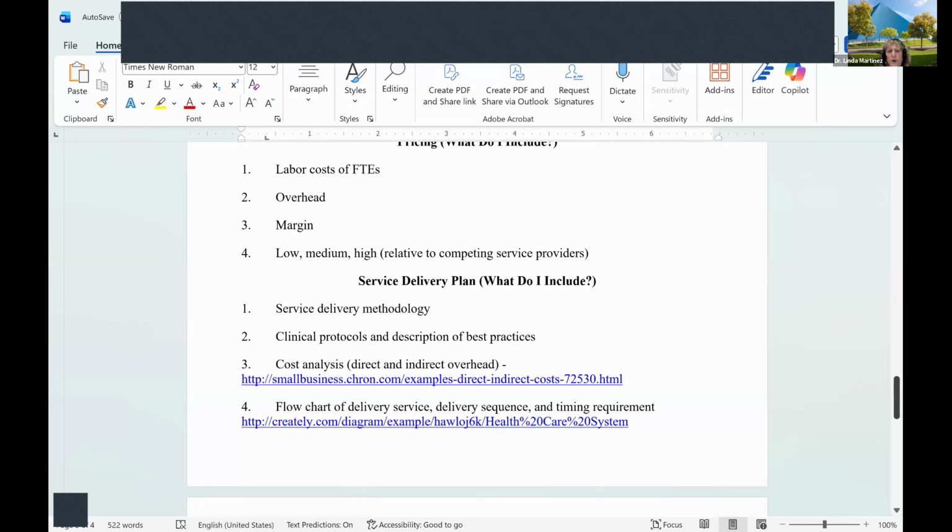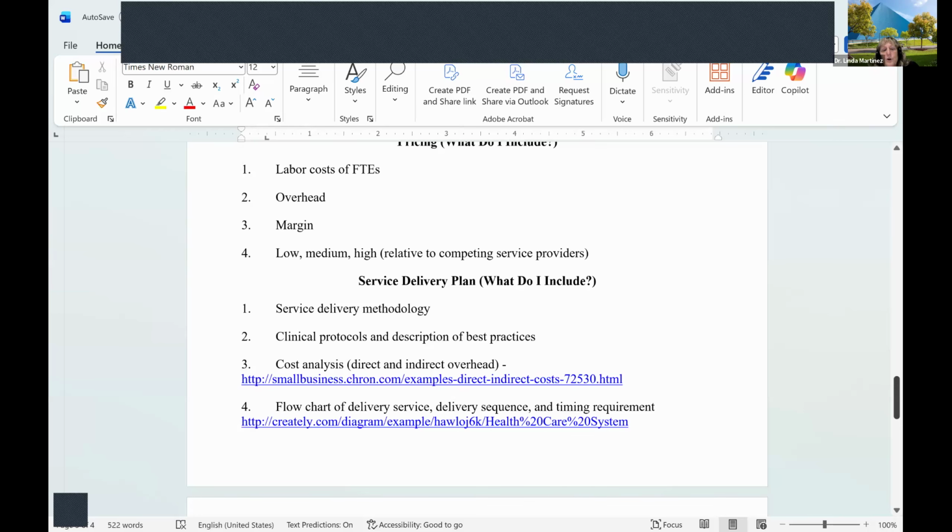All right. You're going to have a cost analysis. This one's got the calculator. Direct versus indirect. Indirect, again, is your overhead. This is everything that you're going to have to pay for, whether you have one single person walk through your door. That's your indirect cost. Your direct cost means you can bill it directly to a client, or directly to the insurance company, or directly to the government, whatever it happens to be. It's billable hours.